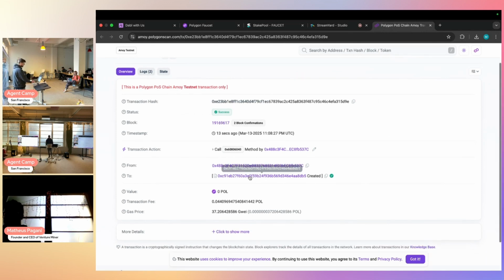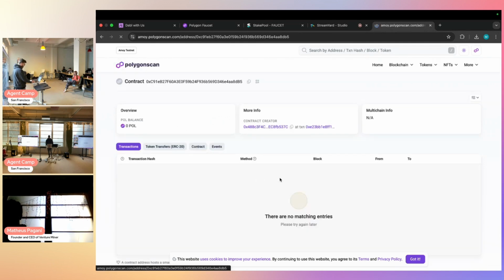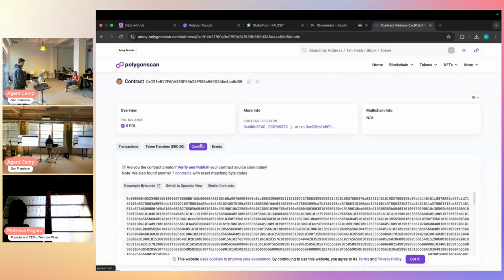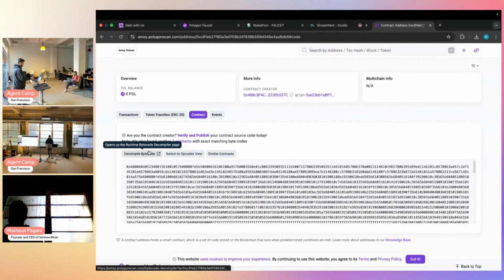So from here, what we can do is go to the contract address that was created. And this address we see here is our simple ERC20 token that we just launched in just a few seconds on Polygon. So if you were doing something in production, you can go over to the contract tab and verify your contract so that everybody can see your source code on chain. And at that point, you can call different functions from the block explorer for your smart contract. So if you want to mint more tokens or transfer them, that would all be done in the explorer.